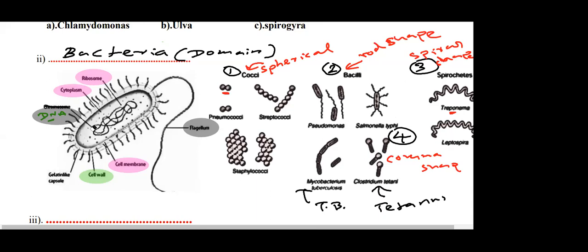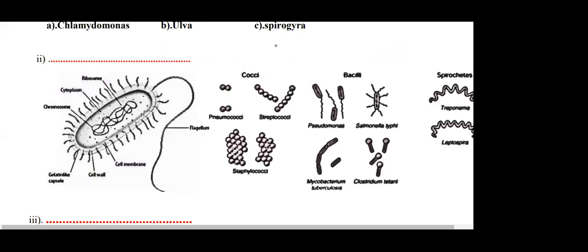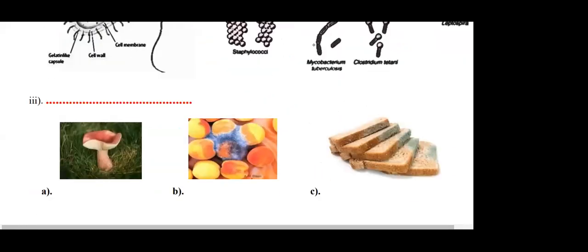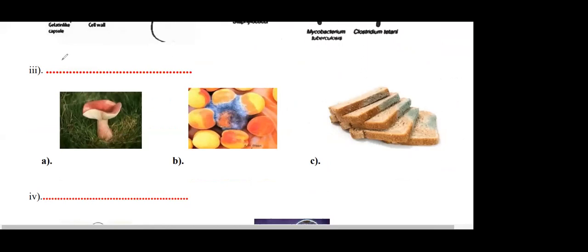All are unicellular, all are heterotrophic, but a few of the bacteria can be autotrophic. Bacteria are one of the most widely distributed groups of organisms on earth, found everywhere, not like plants and animals. Then let's move to the next part. What is kingdom fungi? Fungi is a kingdom, or fungus, that's a kingdom.